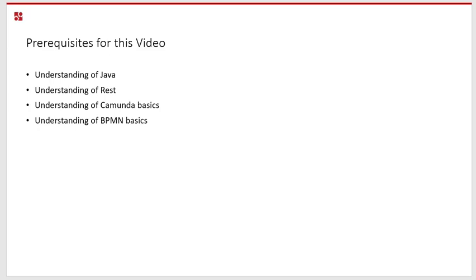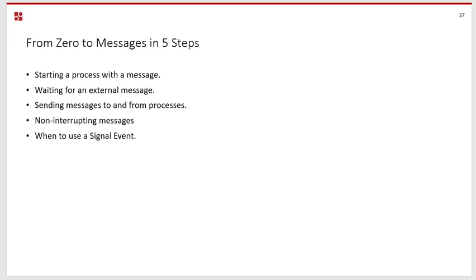But if you're happy enough to continue, then we'll be learning how to start a process with a message, meaning that if we send a message to the engine, it will somehow find the right process and start an instance of that process. As well as that, we have the idea of waiting for a message mid-process. That would be the idea that during our process, it's in the middle of running, and at some point you need a message to tell it to continue. We'll also be showing how to send messages from one process to another process, specifically in this case, starting another process. So that'd be messaging within the engine.